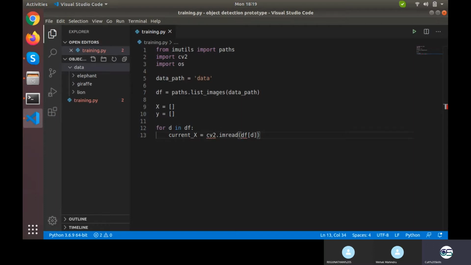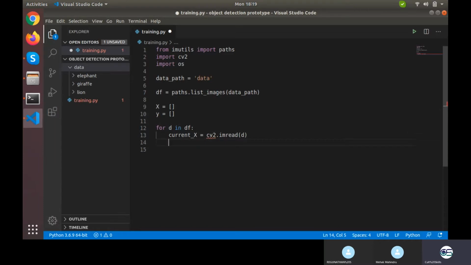So current x equals cv2.imread, d, because d is the element itself.